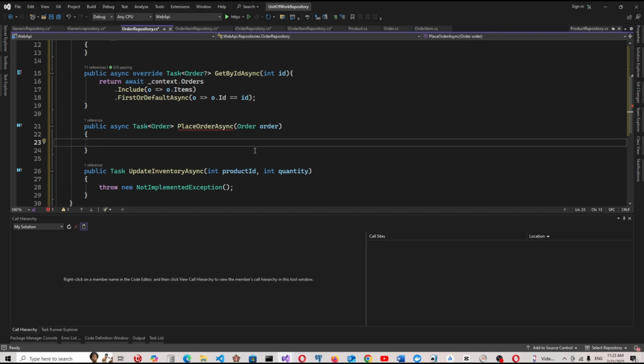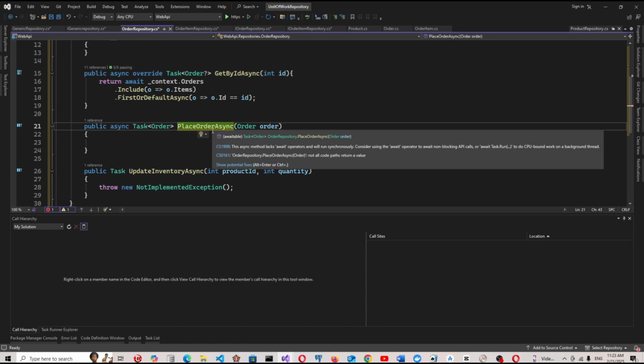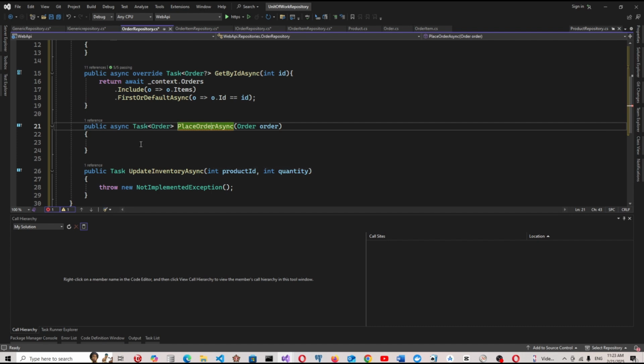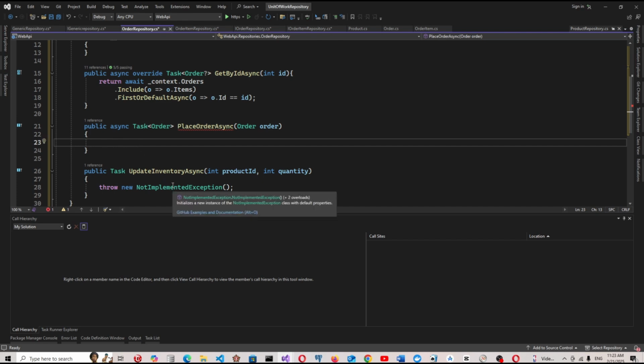In the task we will say, so what happens, this placeholder will update inventory,